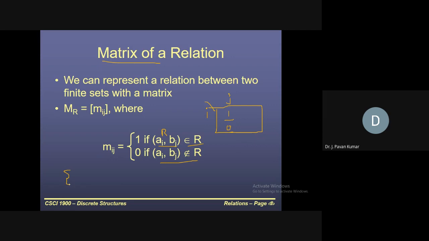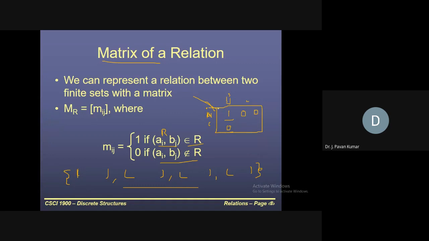One straight representation is we can have tuples. We can have tuples, whatever tuples are holding this relation, all those tuples we can have here. Next, the same thing we can represent in the form of a matrix as well, as we have seen earlier, A, B, C here and 1, 2, 3 here. A comma 1 belongs to this relation means we will put 1. A comma 2 does not belong to the relation means we will put 0. A comma 3 does not belong to the relation means we will put 0. Like that we can have a matrix representation.